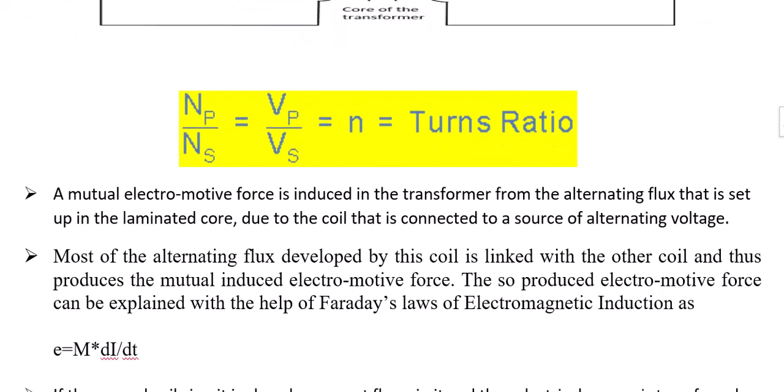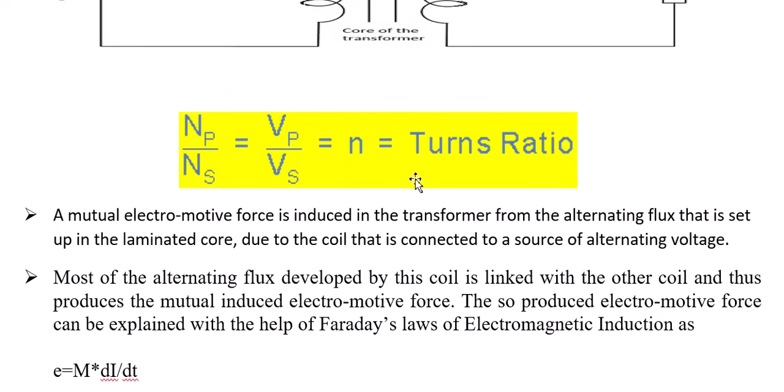So let us understand in detail. A mutual electromotive force is induced in the transformer from the alternating flux that is set up in the laminated core. So the core is usually laminated. As you can see here, the core, which I was telling you is in between the two coils, is usually laminated. Okay, so due to the coil that is connected to a source of alternating voltage. So why is it laminated? Due to the coil that is connected to a source of alternating voltage,